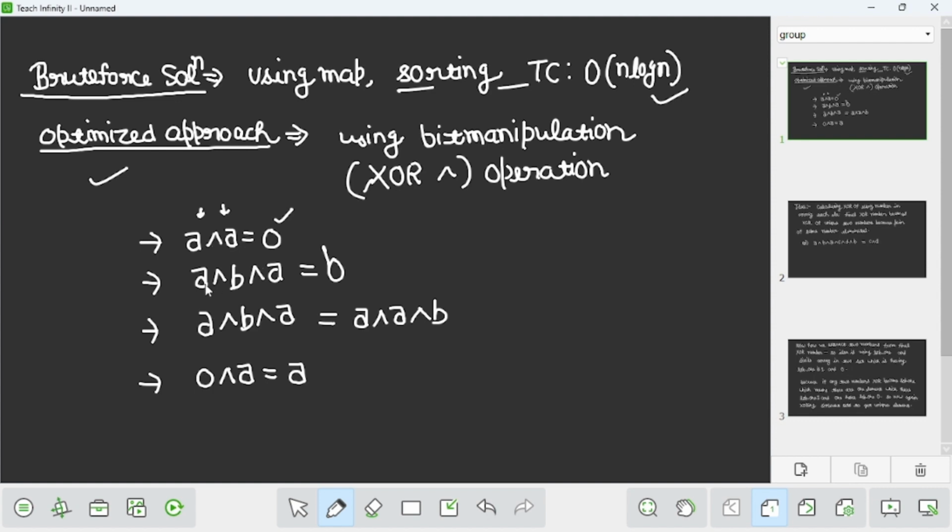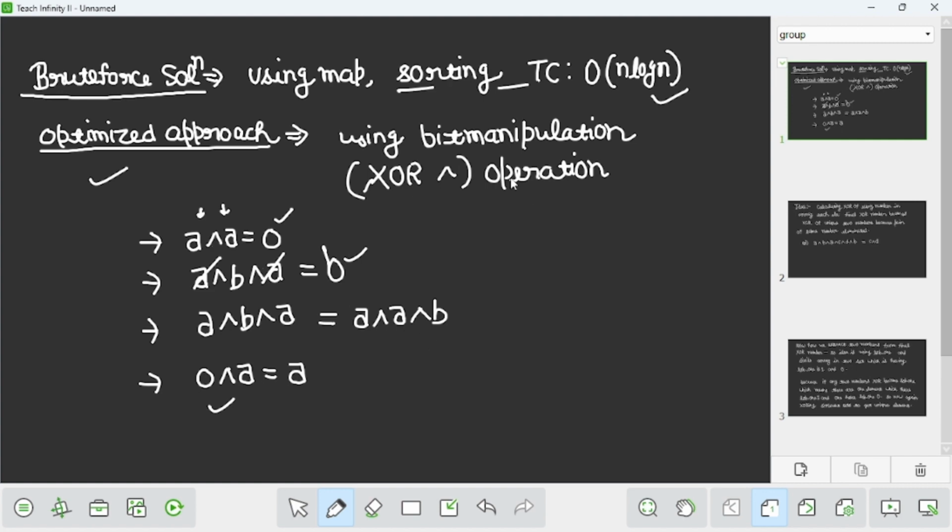And if we do A XOR B XOR C... with two same elements and one different element, the two same elements get eliminated and the different element becomes the answer. XOR is also commutative, because A XOR B XOR A becomes A XOR A XOR B, which is B. And XOR of zero with any element becomes that element.